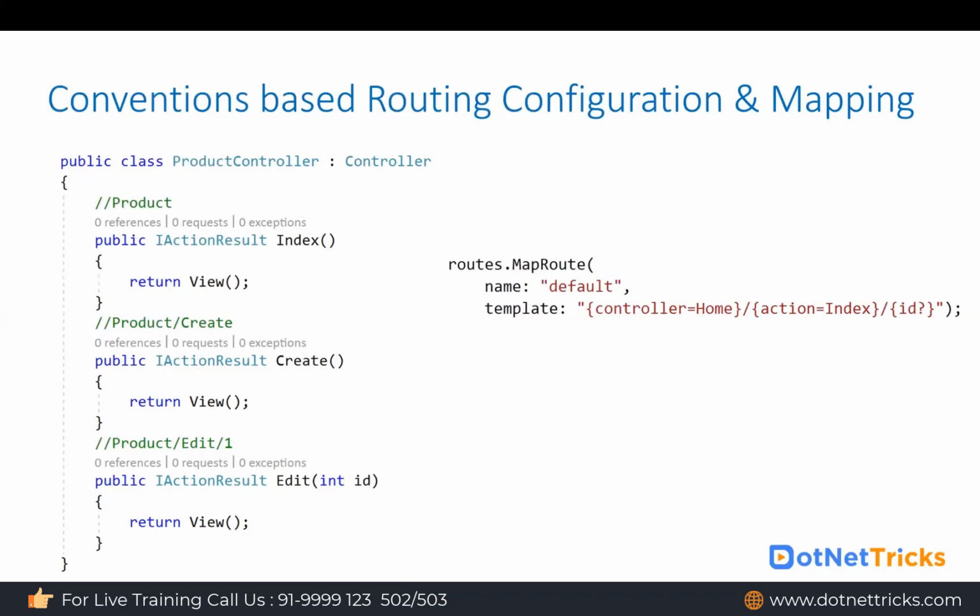Now let's see how we can create the project and how we can define the routes for our ASP.NET Core application. And one more thing you should know here: whatever route parameter names we have, the same parameter you have to receive in the action. So the ID name should be ID only. I cannot access the ID value with the name myID or productID. So whatever route parameters we have, with the same names we have to access the values.